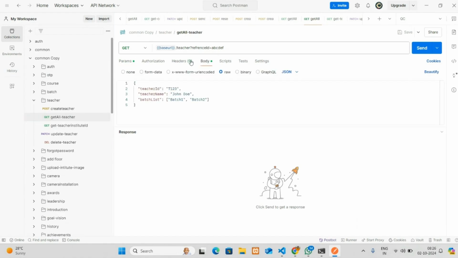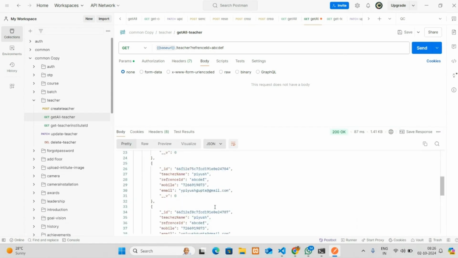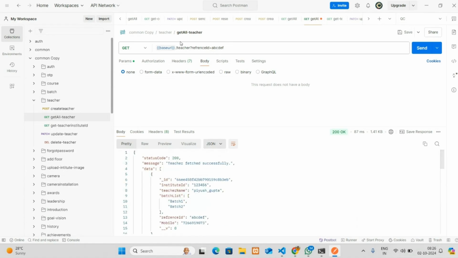Whenever you use the GET handler, the body is none because GET is used to retrieve data, not to add resources. Basically, if we talk about this URL, it is the base URL, the server URL, slash teacher. It is a controller and